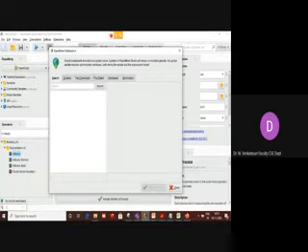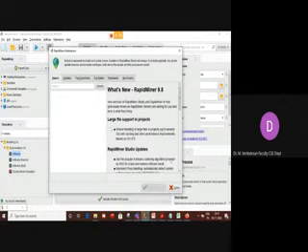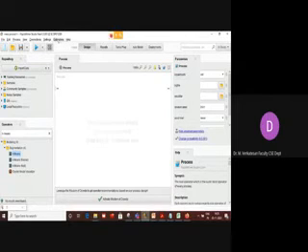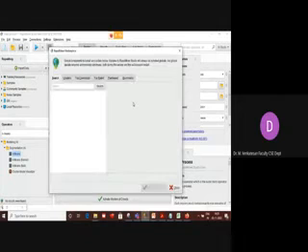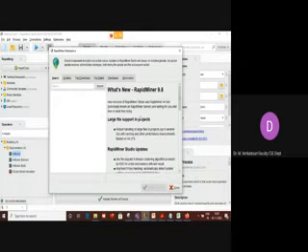You should have internet. This dialog box will come: the RapidMiner Marketplace. I go to the menu, click Extensions, Marketplace, updates and extensions, and I get this.